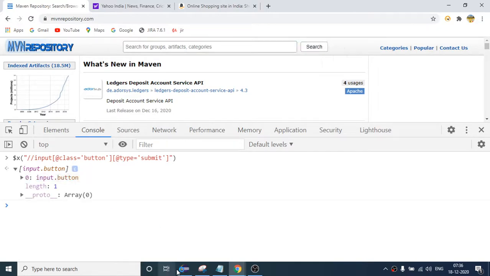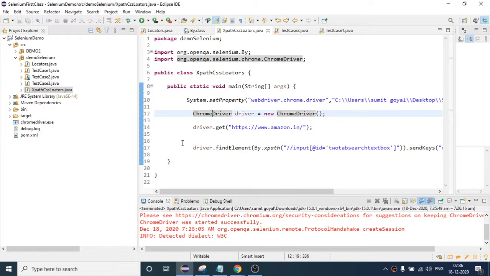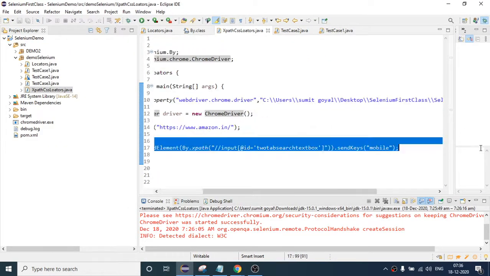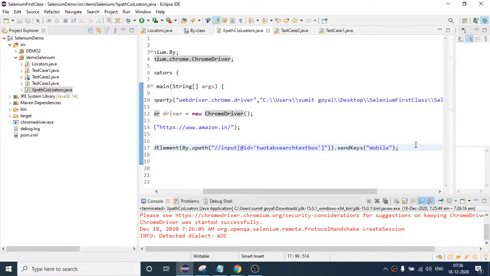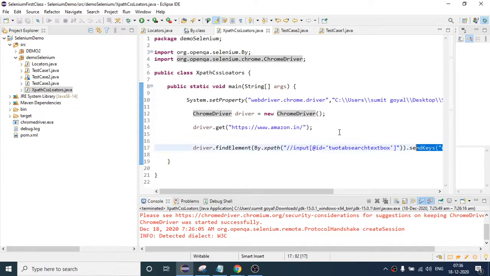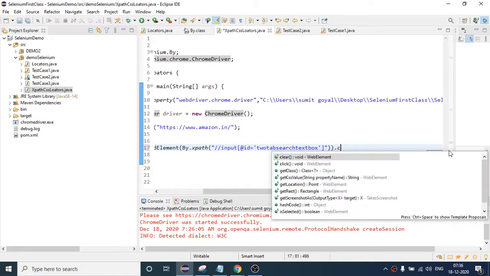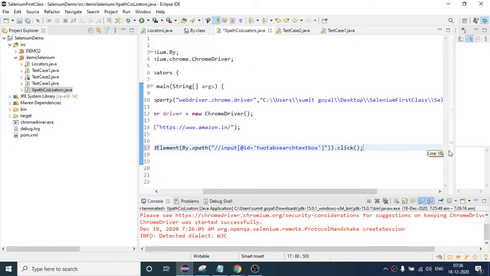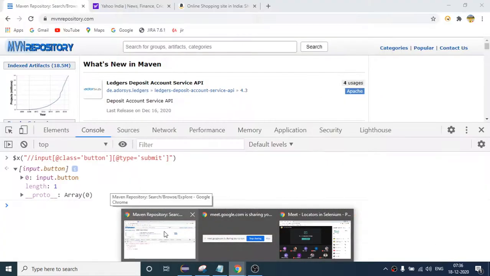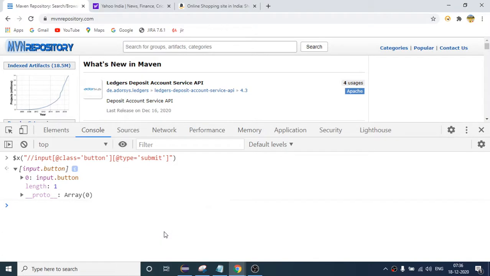So this statement will remain the same, right? Just this method will change. So you can try after this. You have to first open the website, and this time you have to use dot click so that it will click on the continue button, right? Is it clear to everyone? Yes.